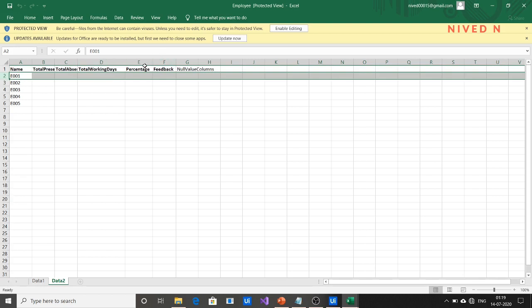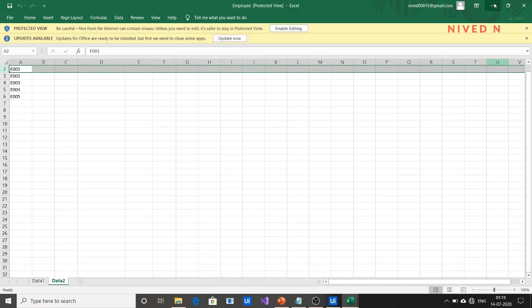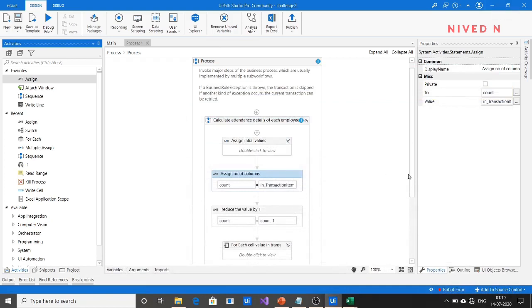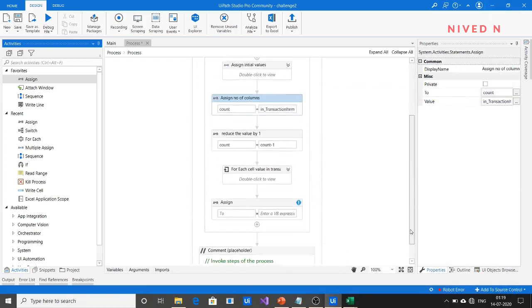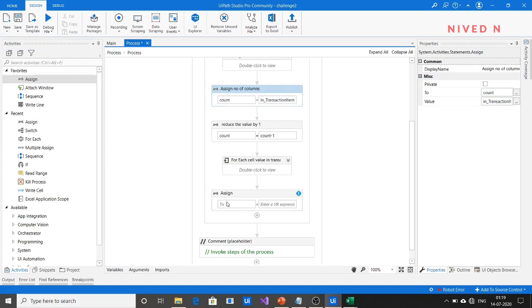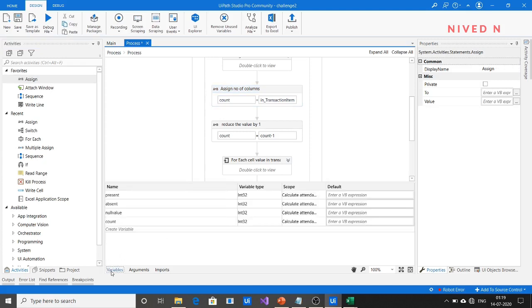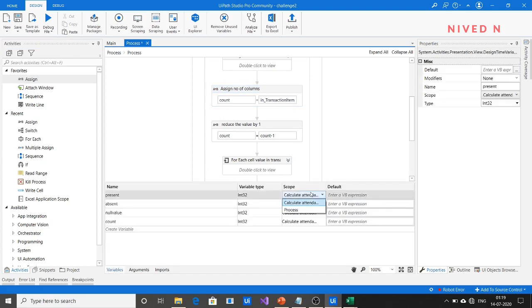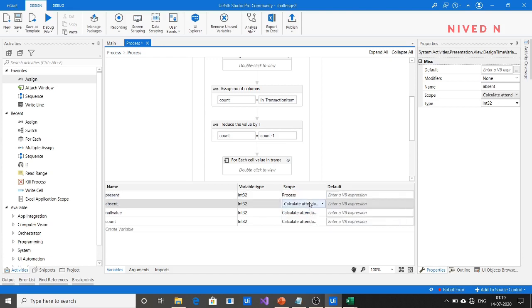And percentage, so you have to calculate percentage here. For calculating percentage, you have to create another variable. Try to make this all in one scope process so you can access it everywhere.